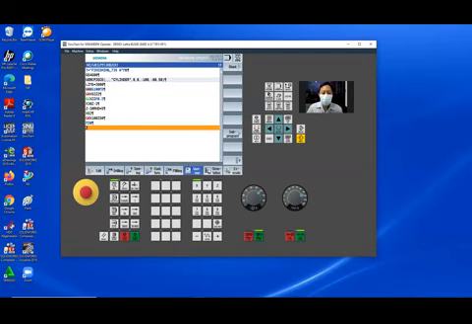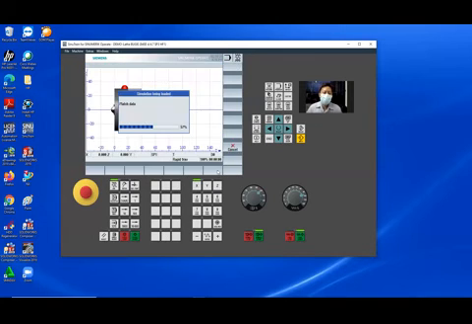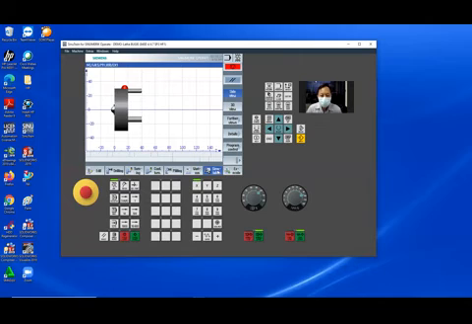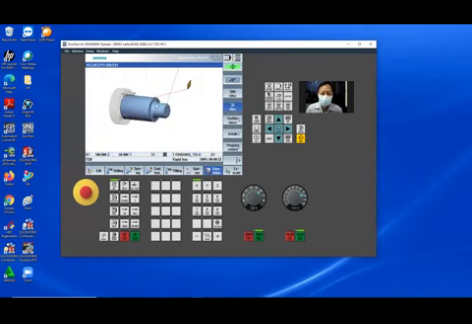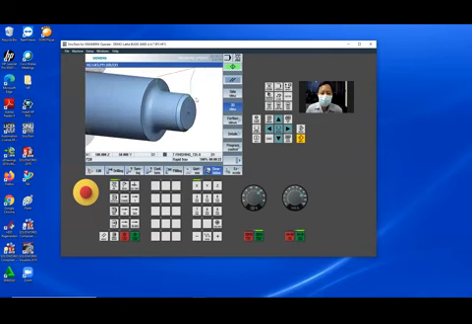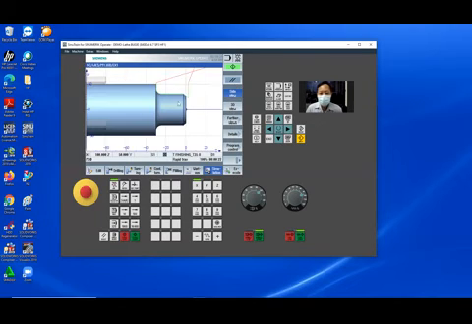Enter. The program finish. Simulation. But don't do this at home. Dangerous. One cut, finish.